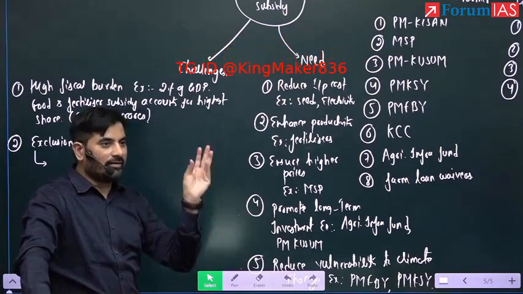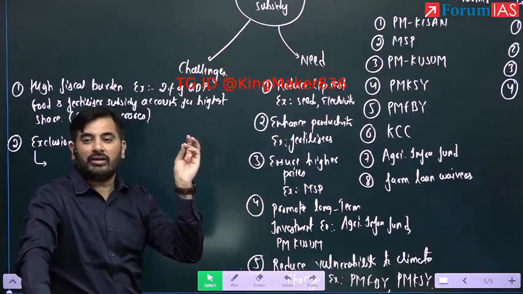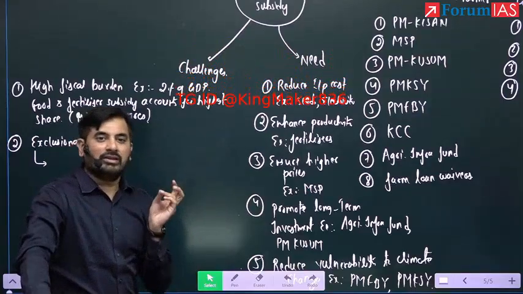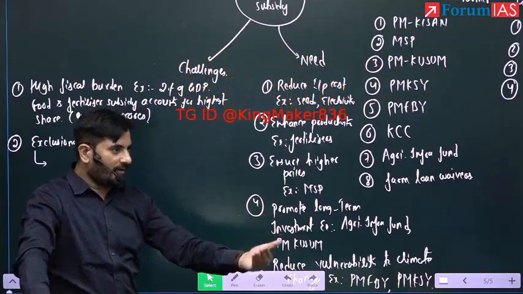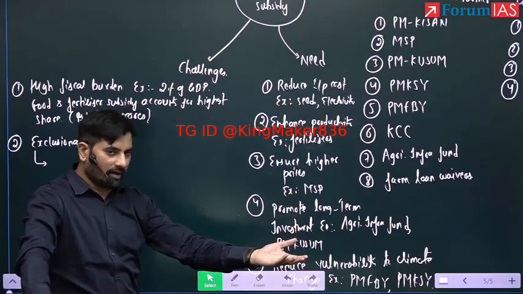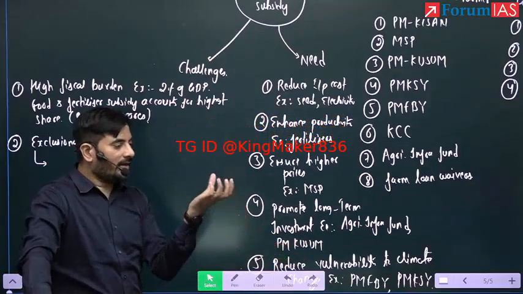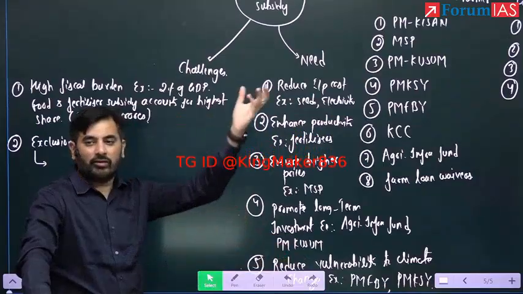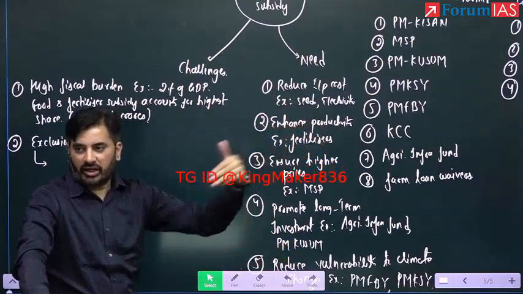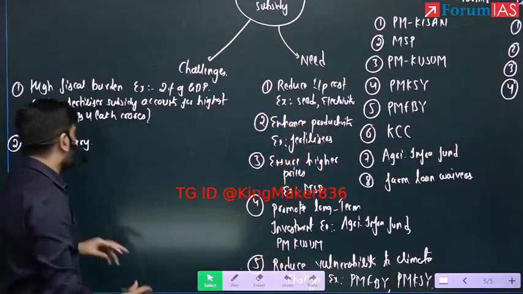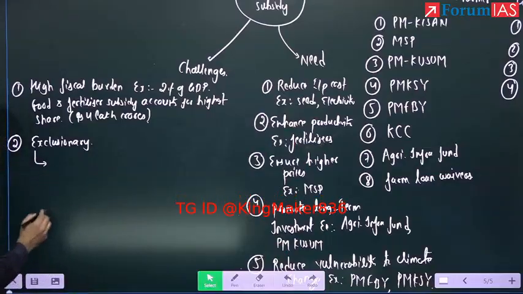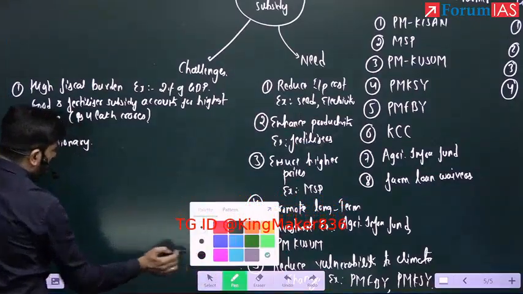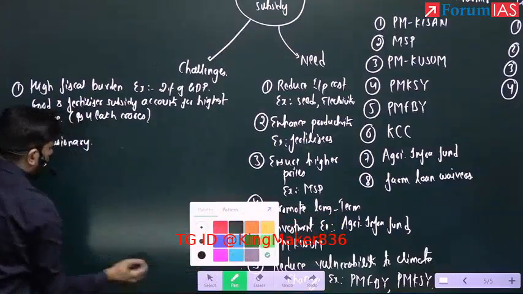Not just tenant farmers, it is exclusionary in terms of sharecroppers. Sharecroppers क्या होते हैं? They cultivate the crops on someone's agriculture field. Whatever they cultivate, some percentage of crops they give to the owner. Sharecropper. So, exclusionary, one example that you can write, why it is exclusionary, is